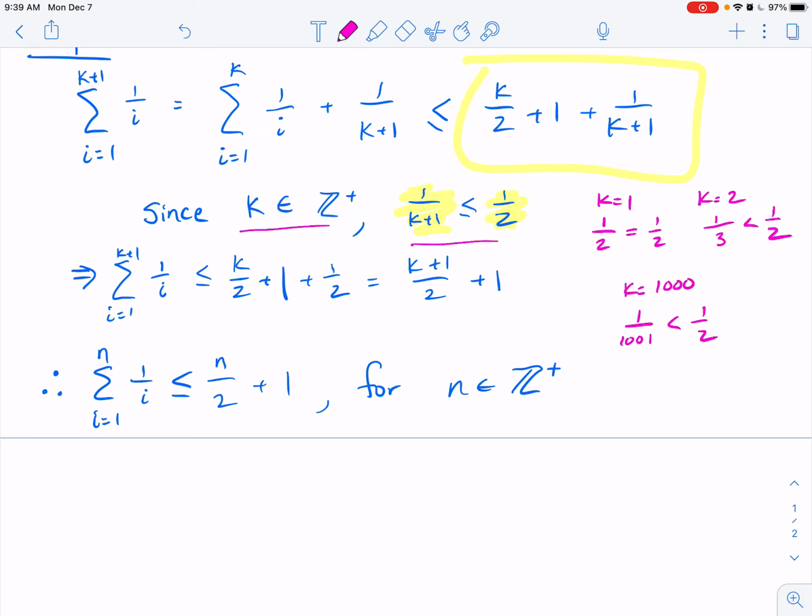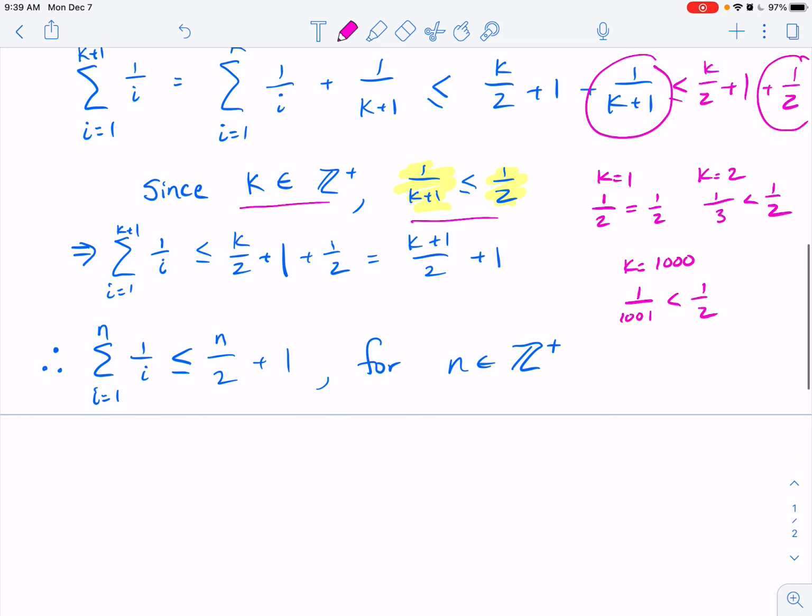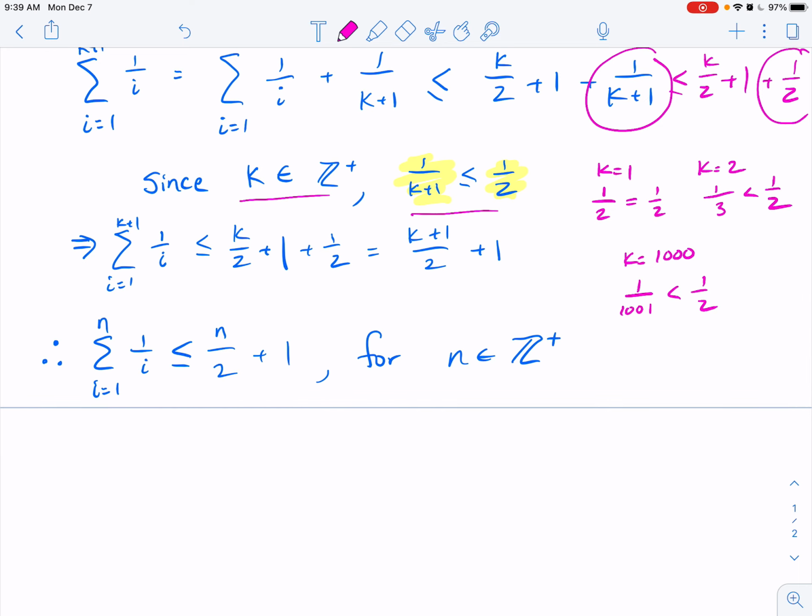Now I can take this whole thing and say it has to be less than or equal to k over 2 plus 1 plus 1/2, because this piece right here has to be less than 1/2. Since this is true, we can therefore conclude